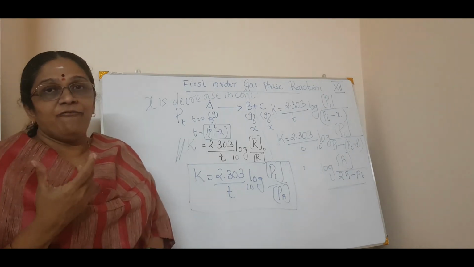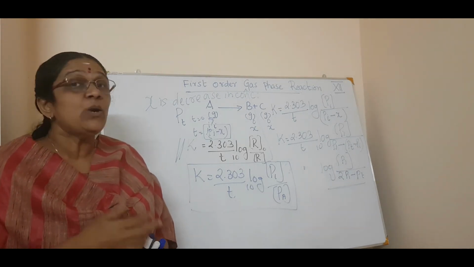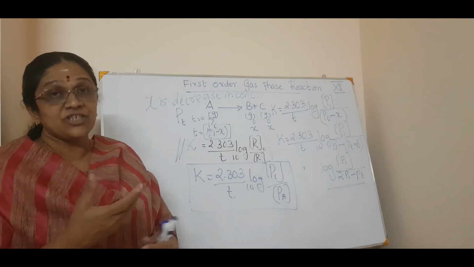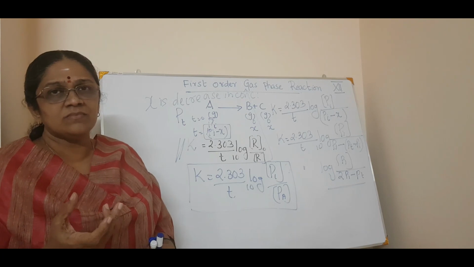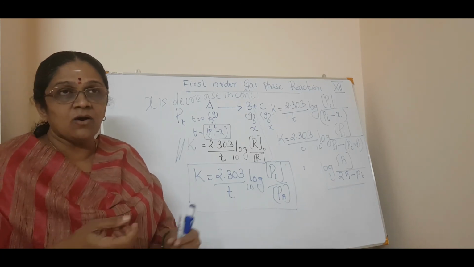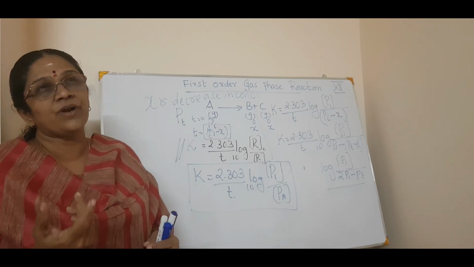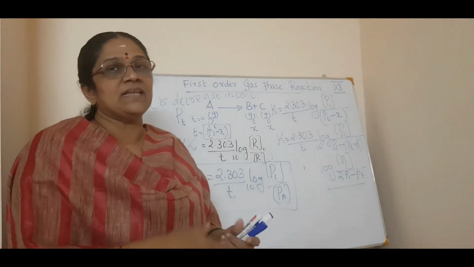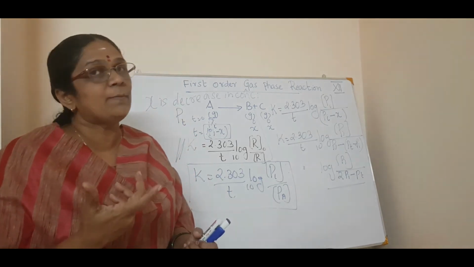You have heard about half-life in radioactive elements. We will say the t-half of tritium. What is tritium? The isotope of hydrogen, isn't it? That is 21 minutes. Or if you say the t-half of radioactive polonium is say x minutes or something like that. So there you have heard about t-half.